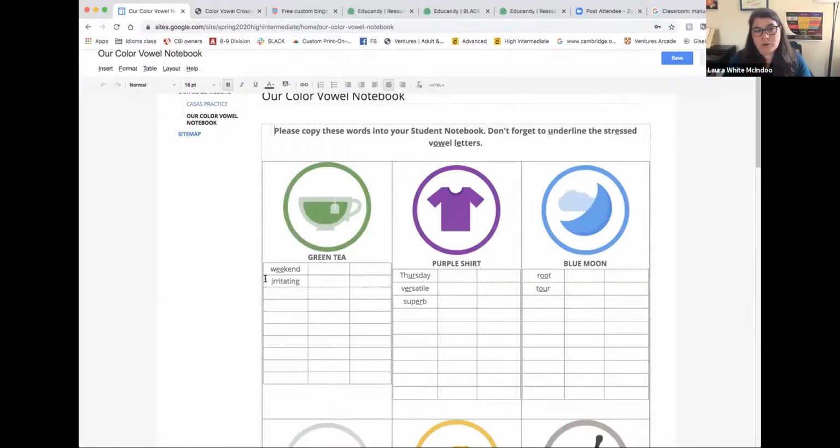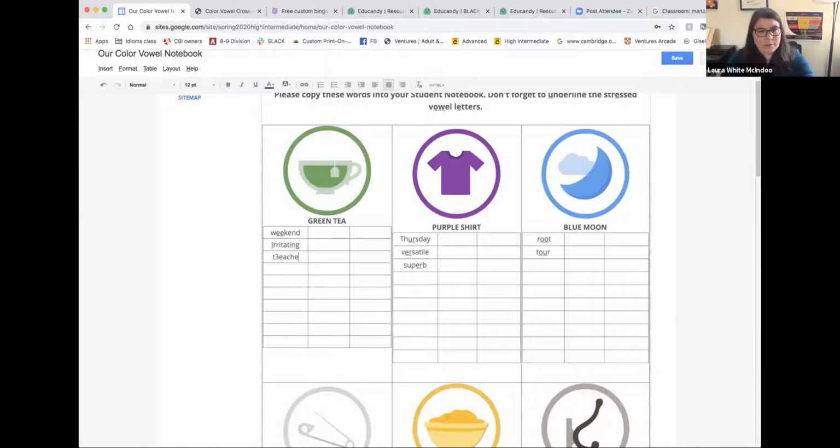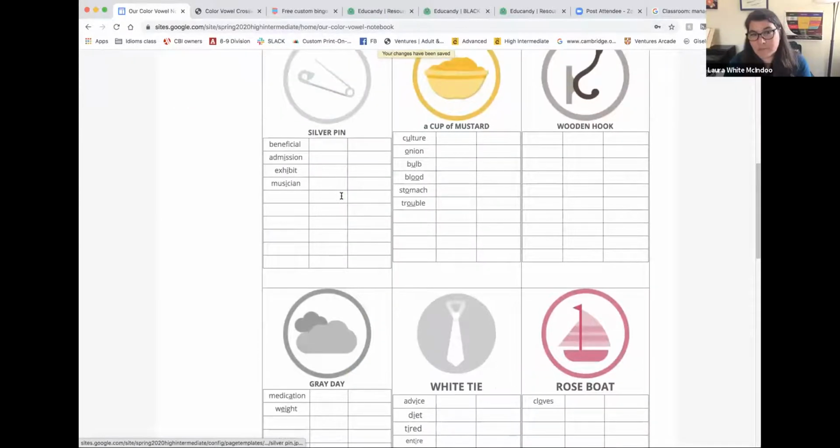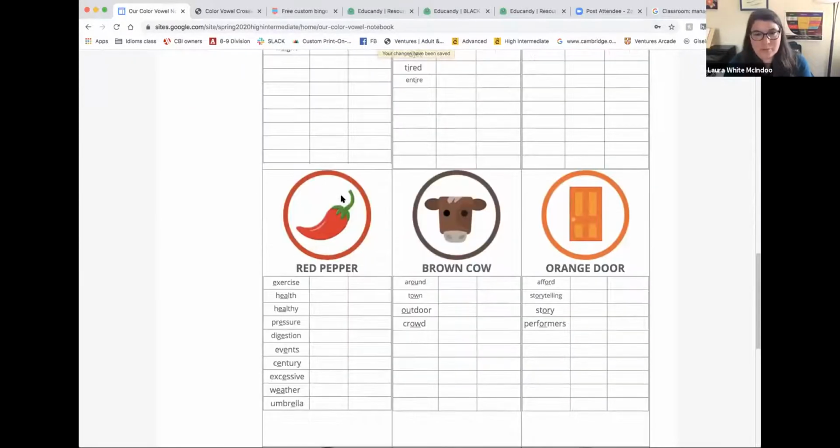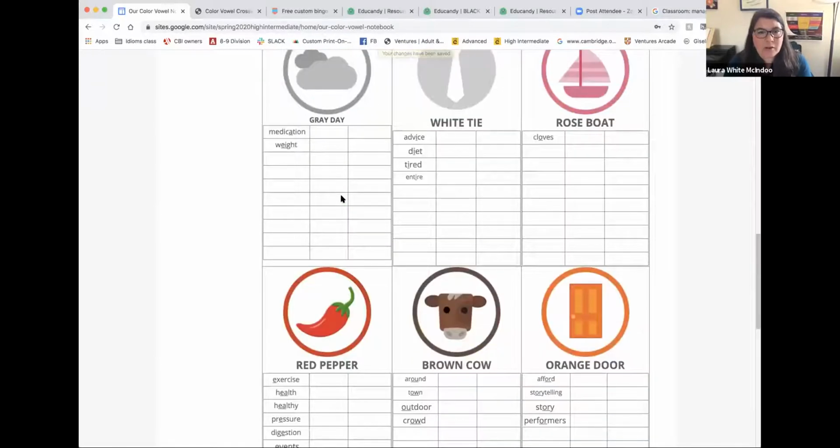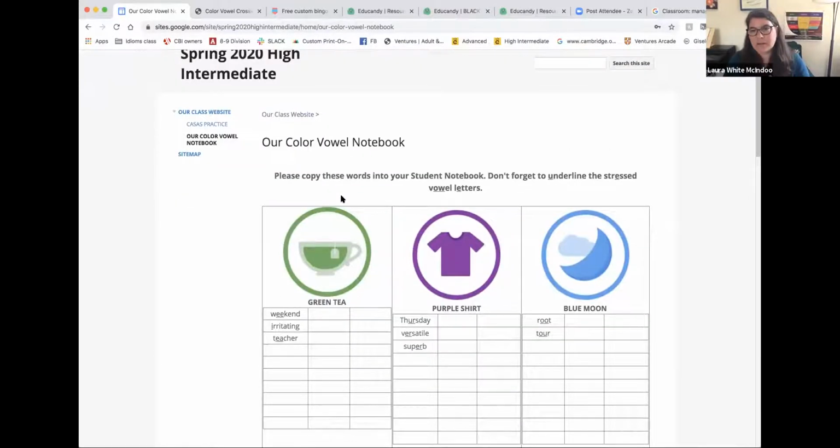And then you can use your words that you're learning in class, like, oops, teacher, and you can underline very easily and then save. And you can share this with your students. They can copy it into their physical notebooks at home. And you have your regular running Color Vowel organizer online with the cute graphics as well, right? The cute images. So we will make this shareable. It's a really nice way to make sure your students are collecting the words that you need in class. And you could check their organizers as well online, but this could be the master for your class.